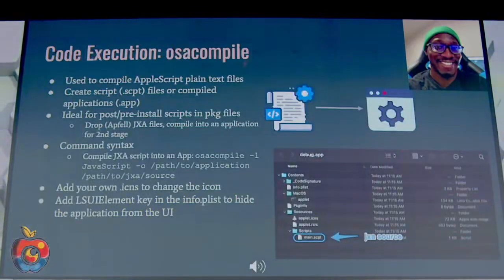So the next LOLBin I want to talk about is osacompile. I listed this under code execution, but technically it's not. But you can use it to build an app bundle or some resulting file to then later execute. So osacompile is used to compile AppleScript or JXA, JavaScript for Automation, into what's known as a script, .scpt, or application bundle. The resulting application bundle looks pretty identical to other app bundles you've seen used legitimately or in the wild, except for one or two differences, and that's in the directory